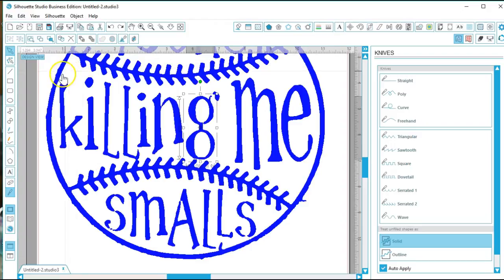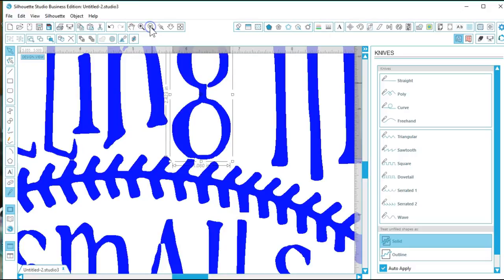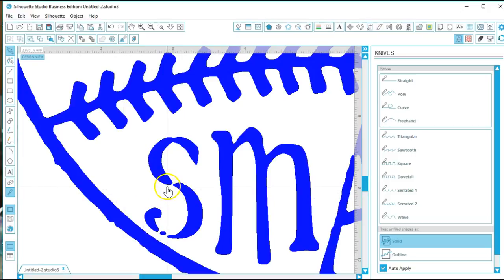Like I said, this file has a lot of things that need to be done to it to have it cut clean. And I'm just going to keep using this example in future videos. The first thing that we did to it was we used our knife to separate our letters. And what we're going to do in the future is we are going to learn how to edit some points. And by editing points, we're going to close up the S. We are going to,